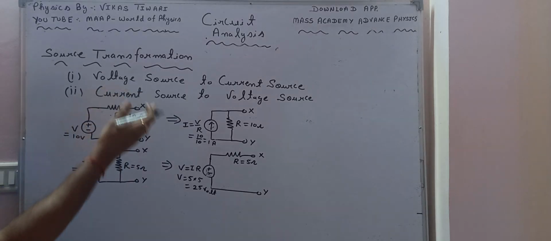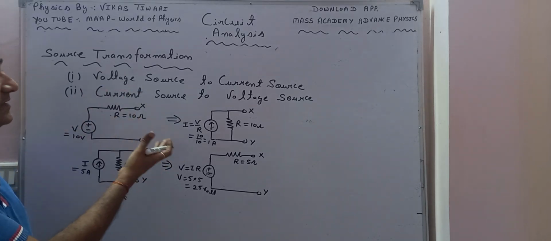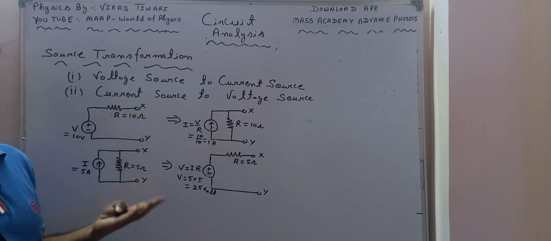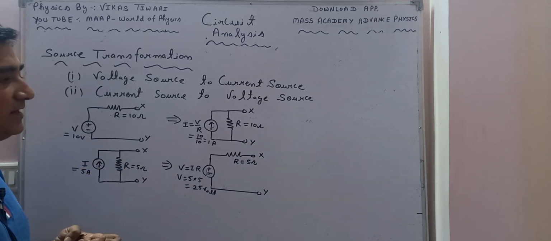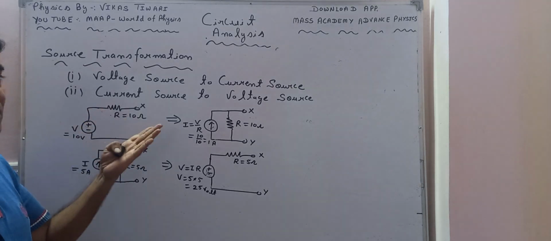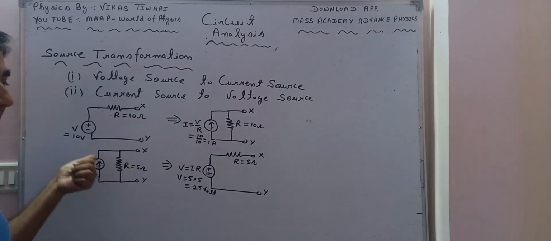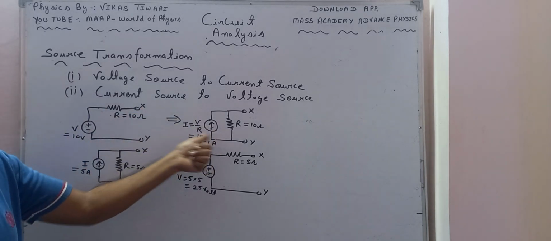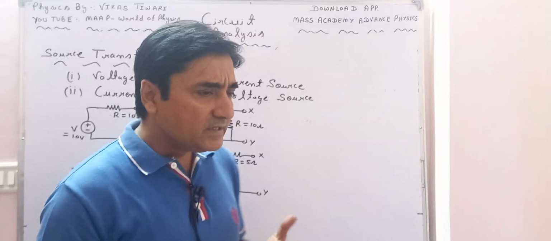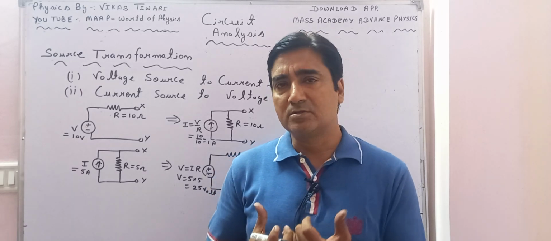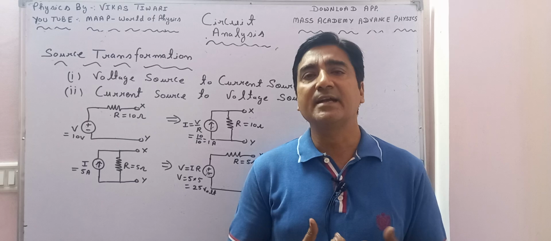So this is the way, while solving numericals, we can apply source transformation to simplify the circuits, to calculate any current or potential drop or whatever we want to solve as per the requirement of the numericals. This is the way we can change a voltage source into a current source or a current source into a voltage source. So students, these are the basic 8 tools which are very much required if you want to go into the depth of circuit analysis.